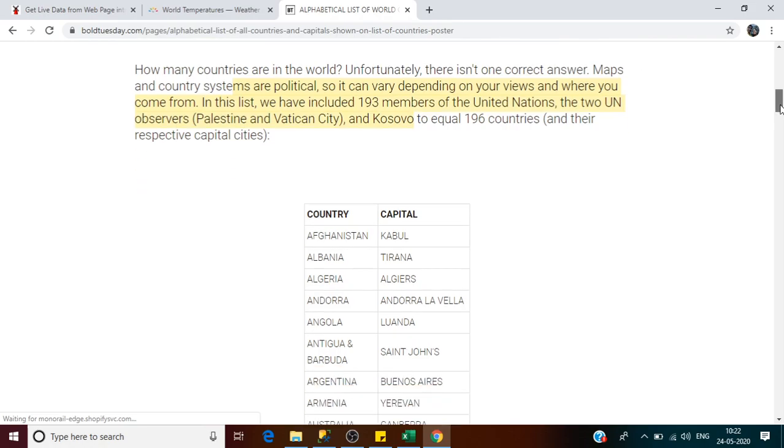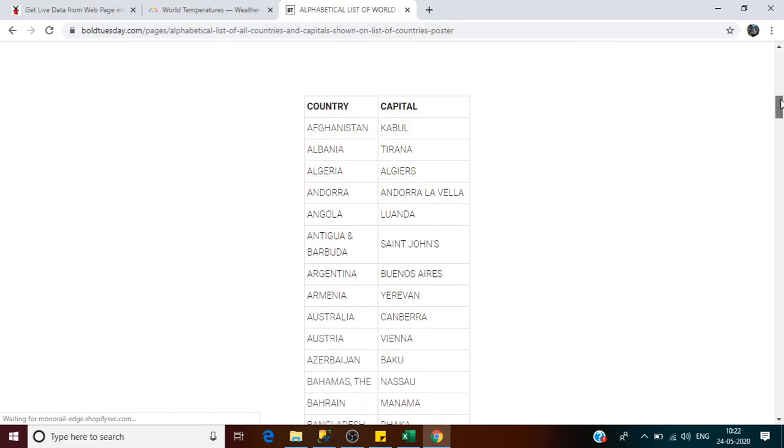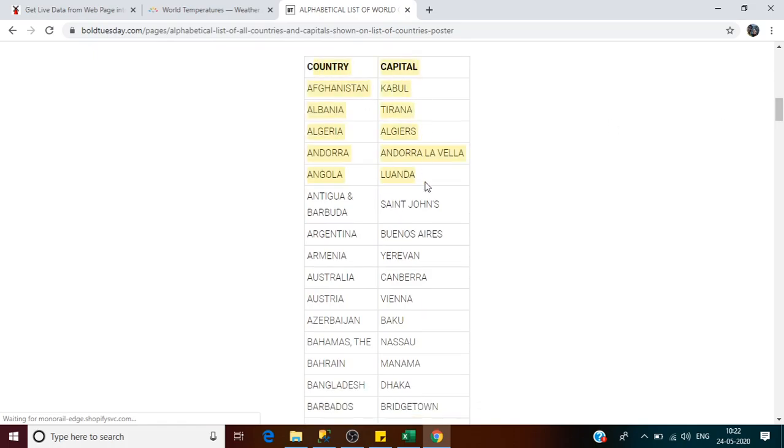But if you want a list, like a population list, census list, profit and loss, share market list, weather forecast list, or a country with capital list, in my scenario I have taken the list of countries with their capitals. So I wanted to import this kind of data into Excel from a live website. So how can we do it?